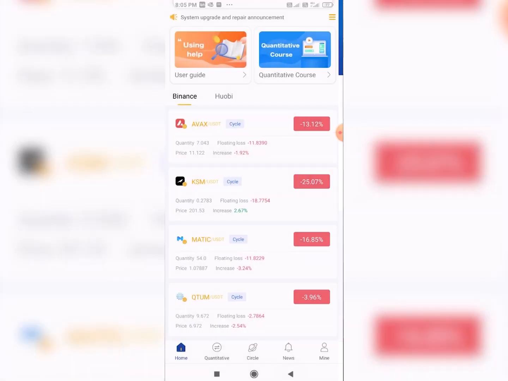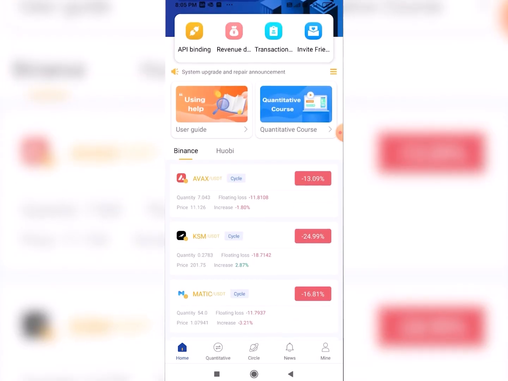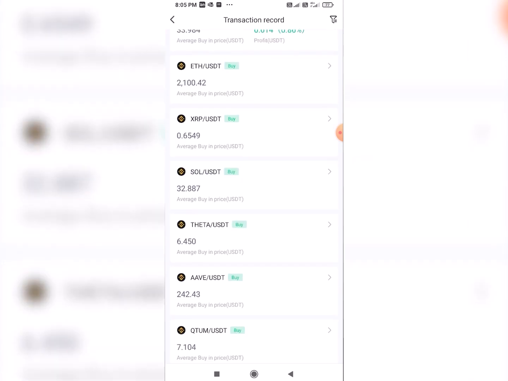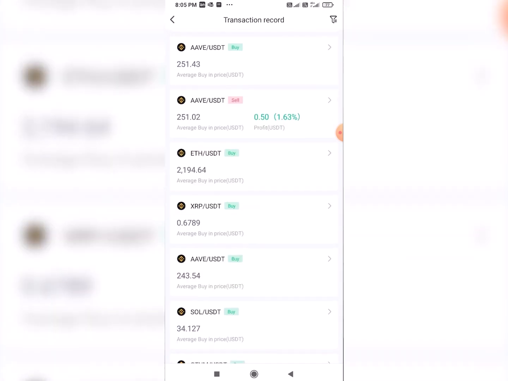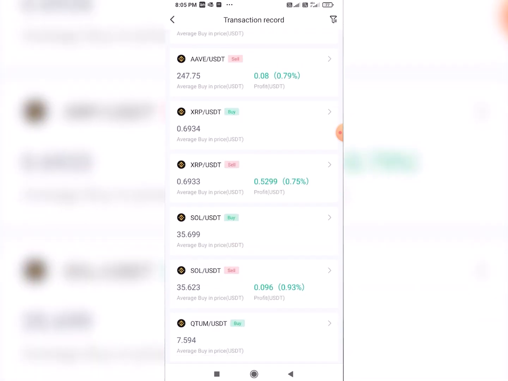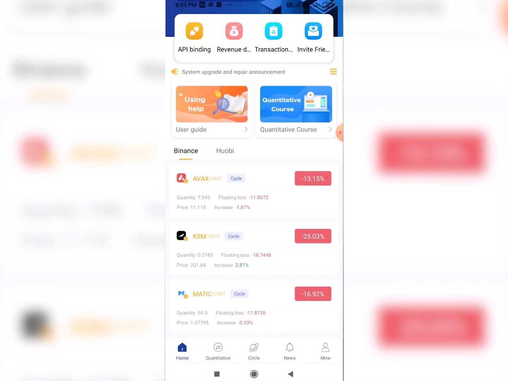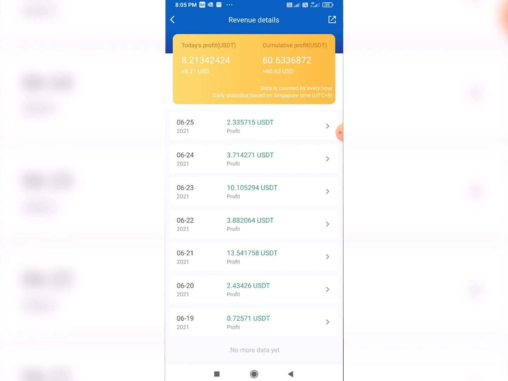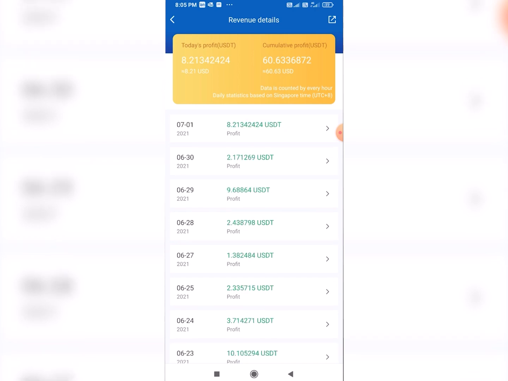You can select the coin and set how you want to trade, and you can see the transaction history as well, and the profits that it has taken here. You can check all the history here, and the same history is also shown in your revenue details. My today's profit is around $8, if you see. I started the bot on the 19th. Now the date is 1st July. In the last 10 days I made $60. This is just based on $10 trades. If you have more, you can try to trade more as well.